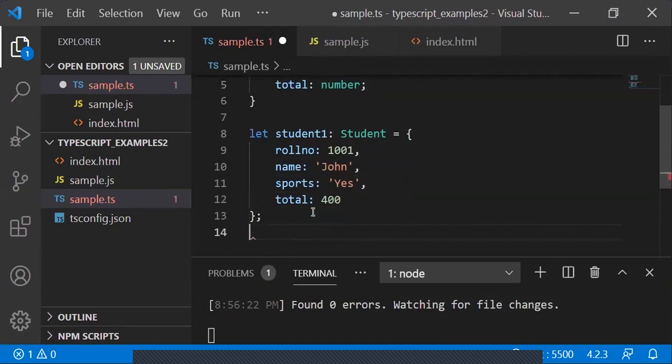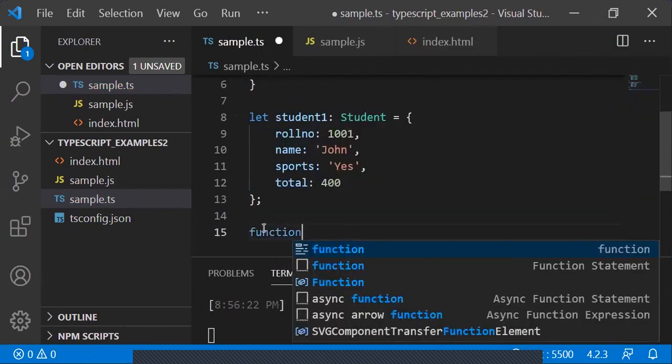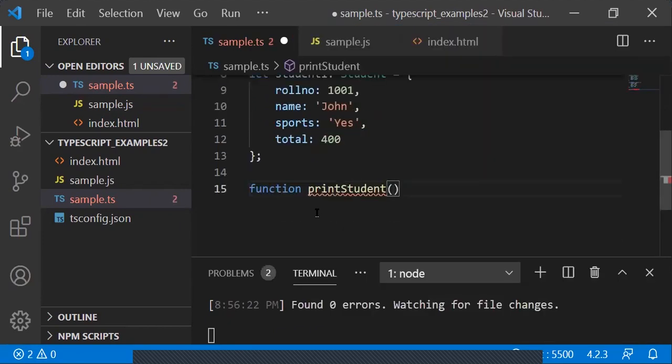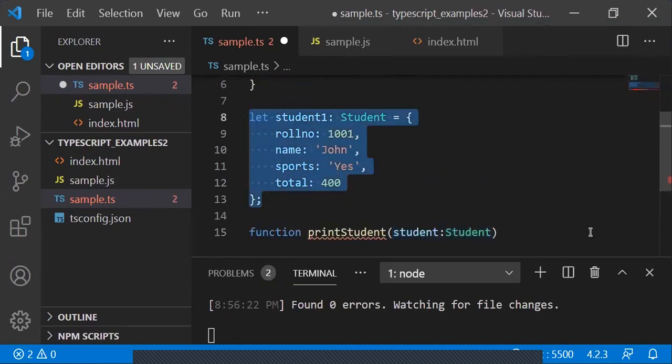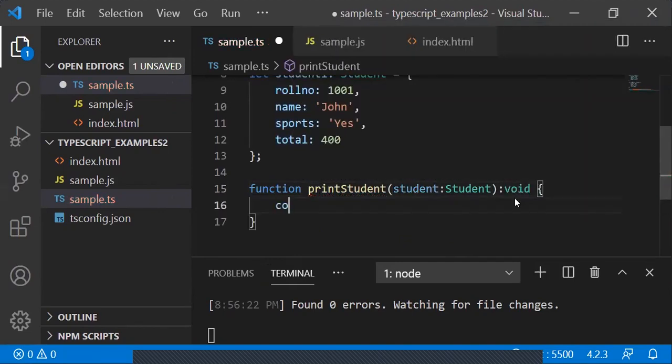Like this. Right, so you can use it multiple times, right? So you can go ahead and create a student2 object and give a completely different set of values in here if you want, or you can use it in a function parameter. So let's say I have a print student function in here, and the parameter I'm accepting is an object of type student. So if I say it's student, then it's understood that it's going to be either an object or a class type. Okay. And I'm not returning anything in here, so I'll just do a console.log, or